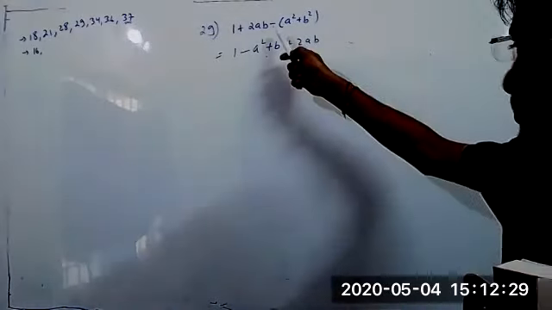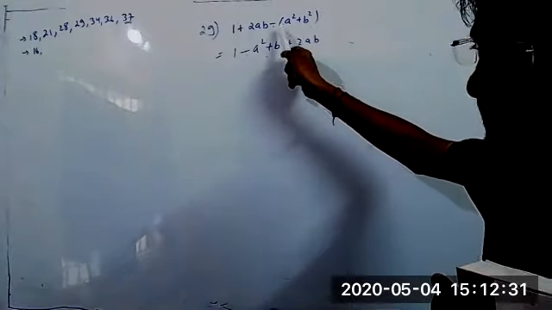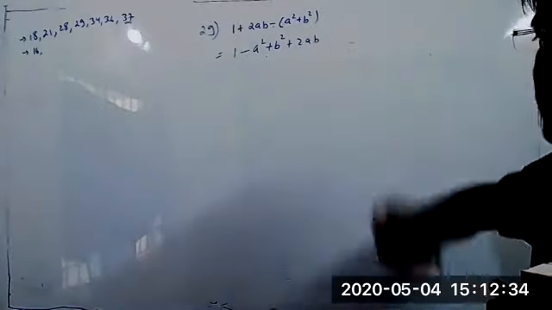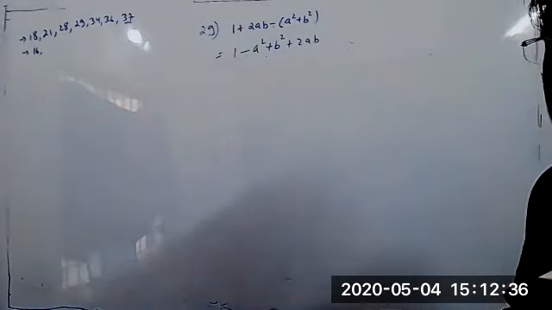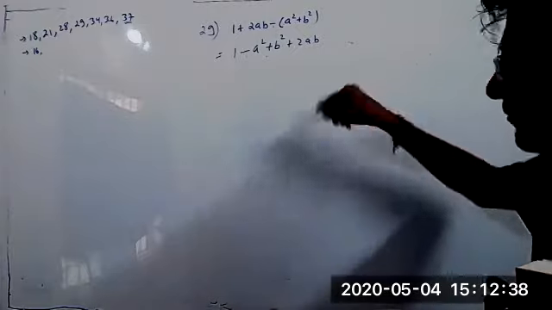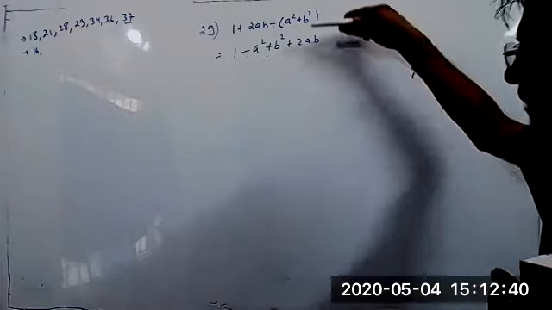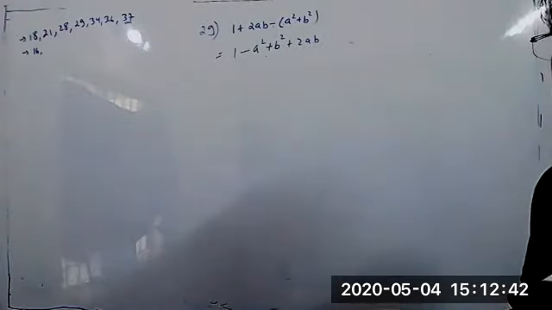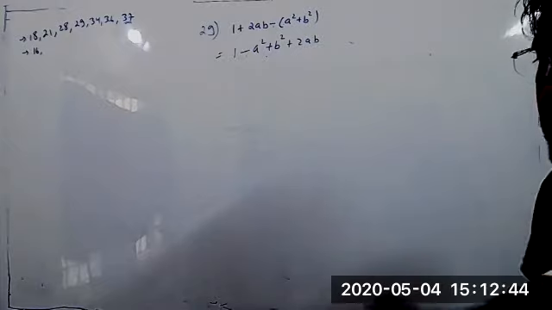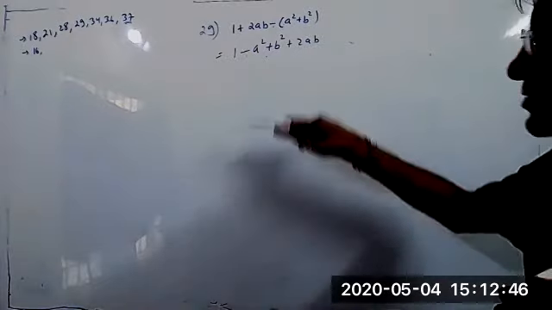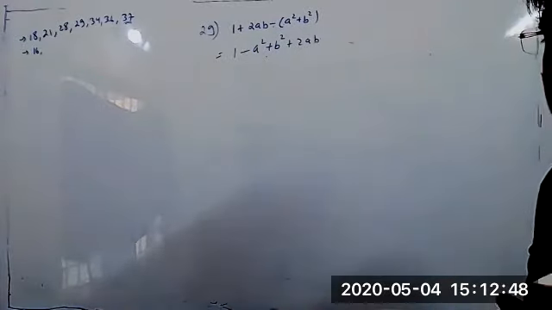Why you don't know that when you are opening the bracket and the minus is outside, the sign of all the terms will change? Yes, sir. So now every time in 9, 10, 11, 12, we'll have to tell you like this. Now you have gone out of that stage. It should be automatically done.